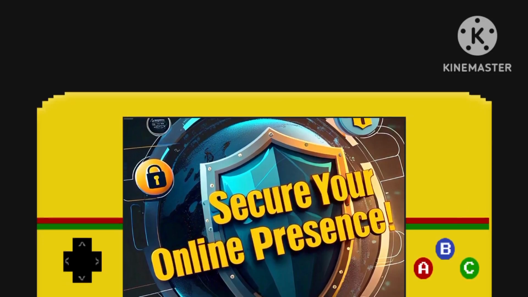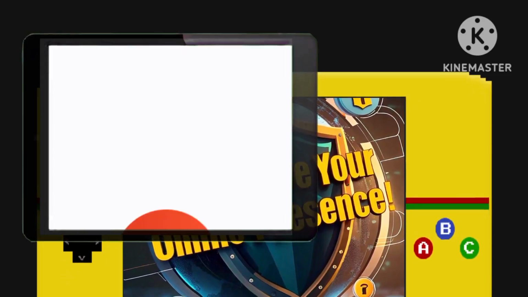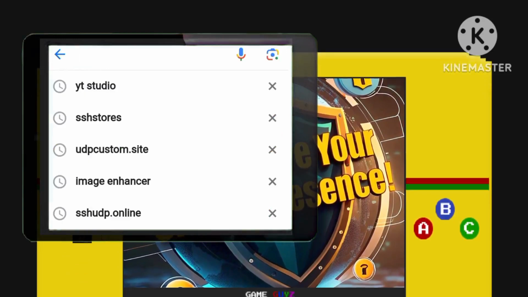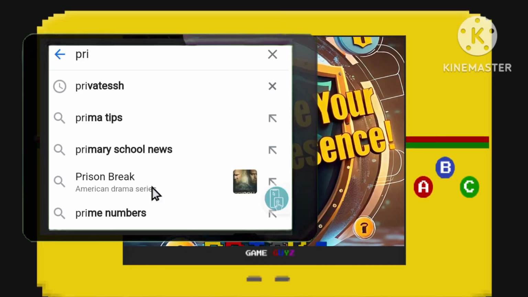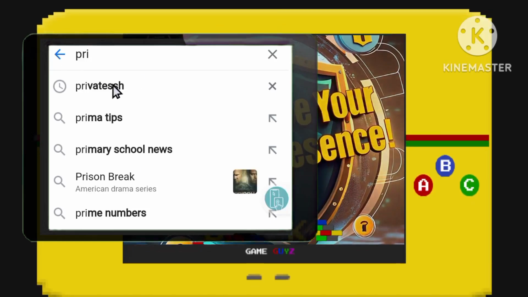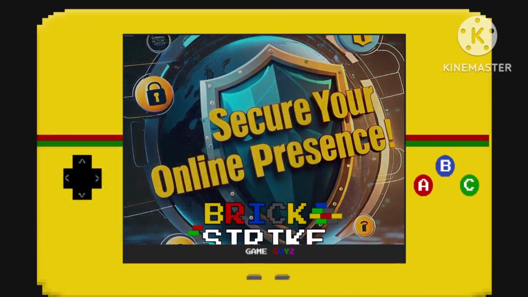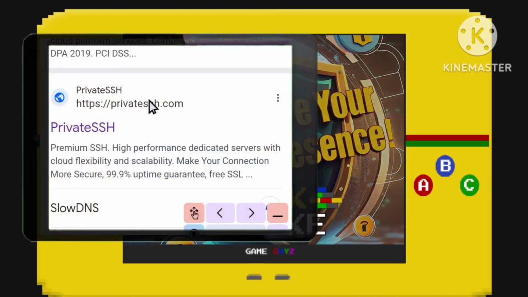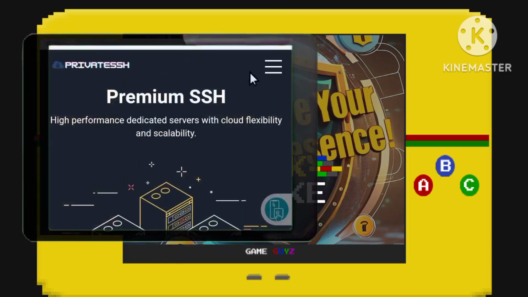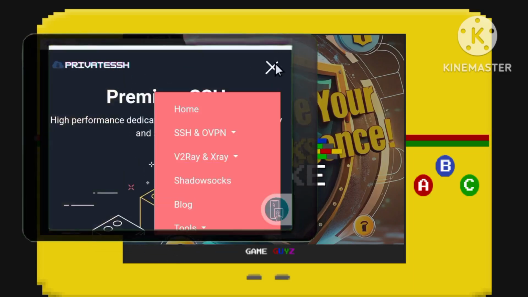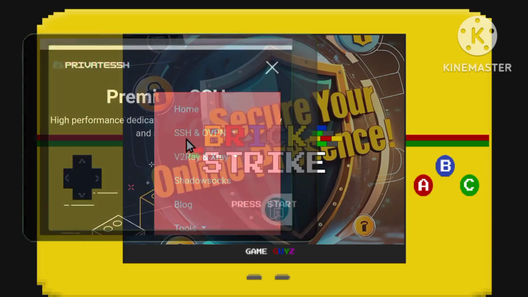Step 1. Commence by utilizing a search engine like Chrome, highlighting the essential nature of seeking tools to bolster your online security. Step 2. Search for a private SSH website, stressing the importance of establishing secure connections for safe browsing practices. Step 3. Access the website's menu by tapping on the three lines, underscoring the need for deliberate navigation for